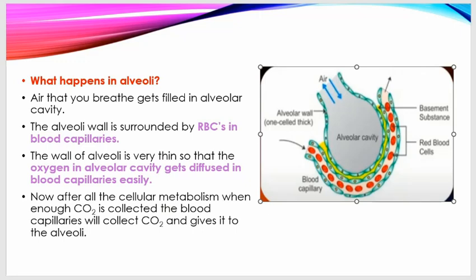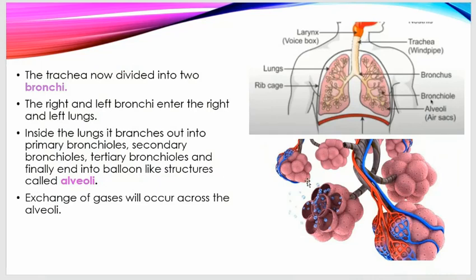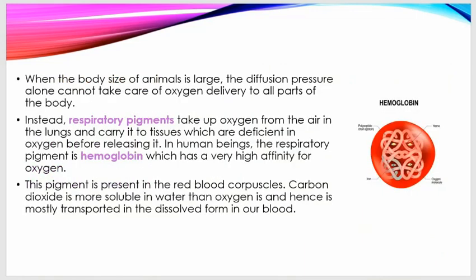And in the same cycle, what is going to happen is the CO2, which is collected by the other blood capillaries, is going to diffuse back into the alveoli, and the reverse path will be followed by the carbon dioxide, right? The entire reverse path is going to be followed. That is, the CO2 will travel through these bronchioles, it will go into the bronchi, and it will be taken out through your nostrils during the process of exhalation.